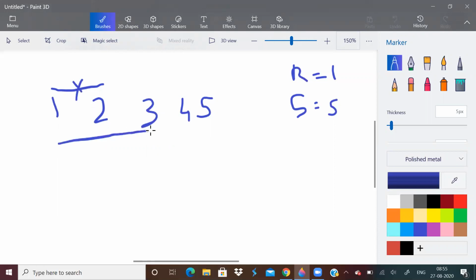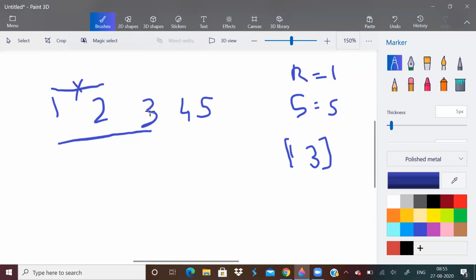What about this subarray? Length is 3, okay. Sum is 6, which is greater than 5, yes. So this subarray can be an answer. Okay. So if this can be an answer, then extending it further, everything can be an answer.